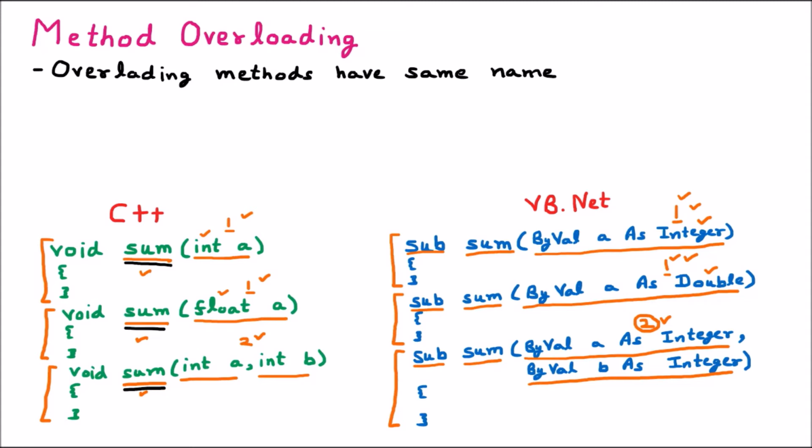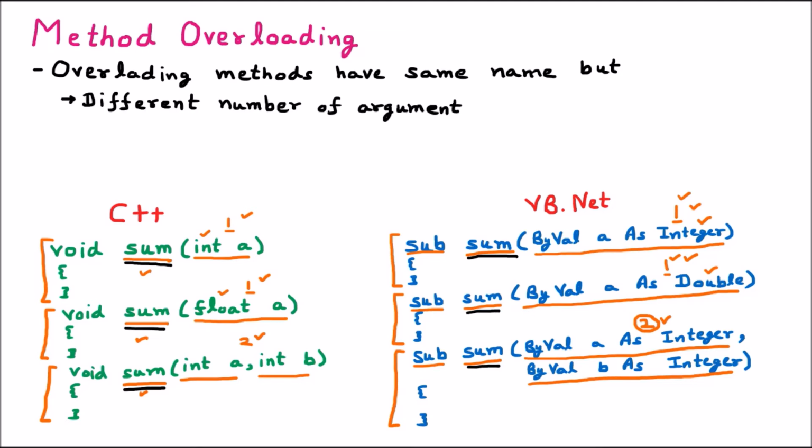And if we talk about the .NET, again here we have used the same name, sum, and sum. So here the procedures are having the same name. But there is a condition, there is a restriction which is applied. So the condition number 1 is different number of arguments. So here if we see the example, the number of arguments here is 1, then 1, and this is 2. So 2 is perfectly fine. So there is no problem with the 2.